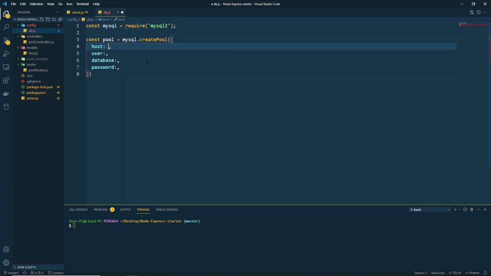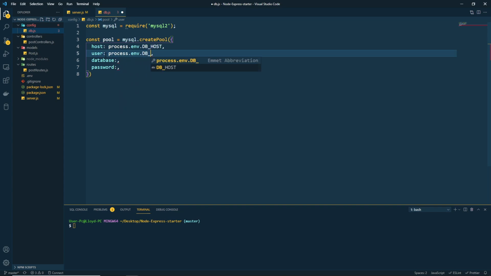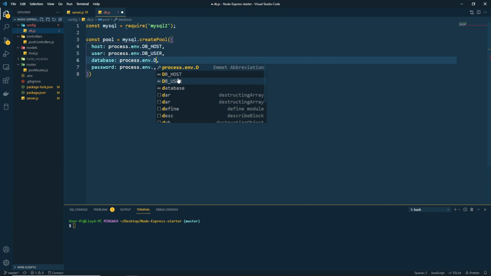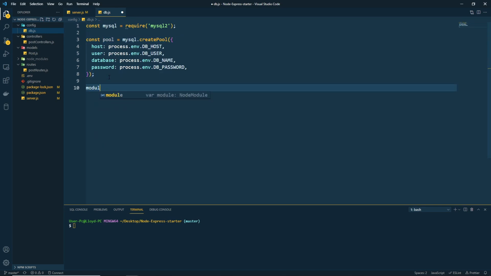Okay, so in here we can have access to process.env.db_host. The next one is process.env.db_user. And then I'm just going to copy this part for the rest, paste it in here. And now I can say db_name and then db_password. Okay, so now we have created the pool variable, and we just want to export this pool variable so